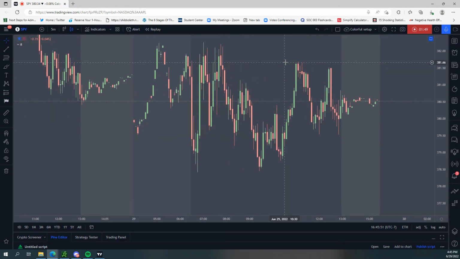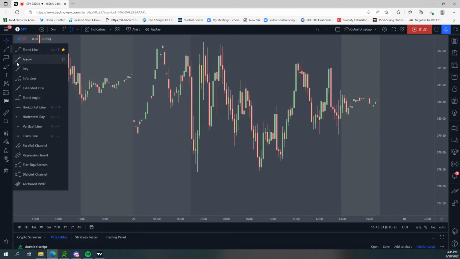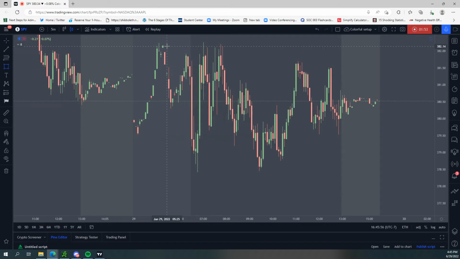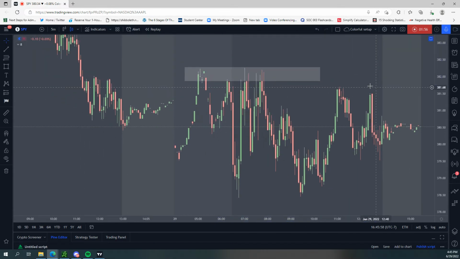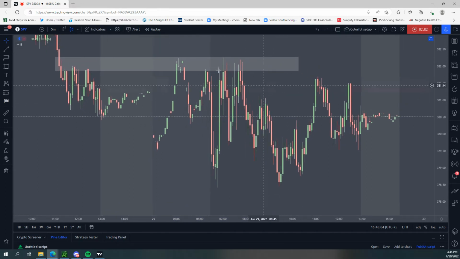This morning dump off, I think it has happened 9 out of the last 10 days. And I keep saying it. They just keep giving us this morning dump off. We have this supply zone from yesterday's high. This could have been a good short entry. I just didn't want to take it. I didn't want to get burned in case we went to the upside. So